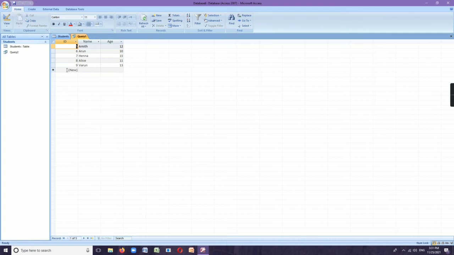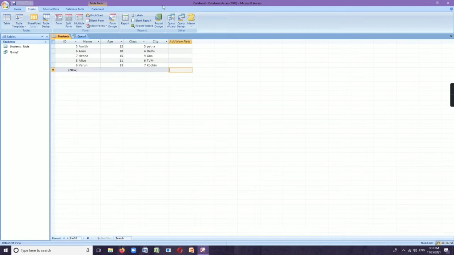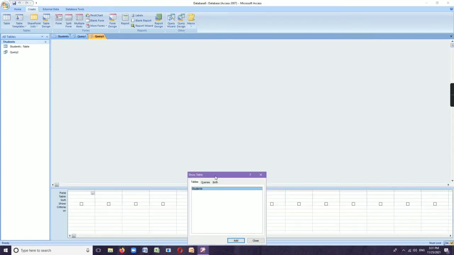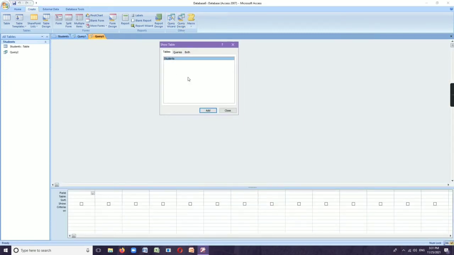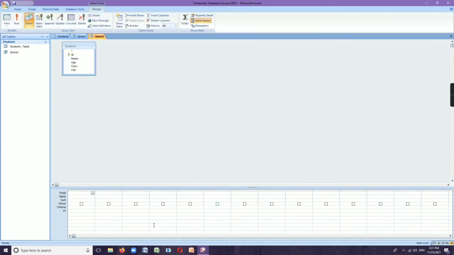It is also possible to add some criteria in the select query. For that, first we need to click on the original table known as students. On the top we can see this is the original table. Just click on it to see the complete table. Now let's click on create, then query design. The dialog box has appeared. We have to select the table, then click on add. We can close it. In the query window, we can mention the fields first.